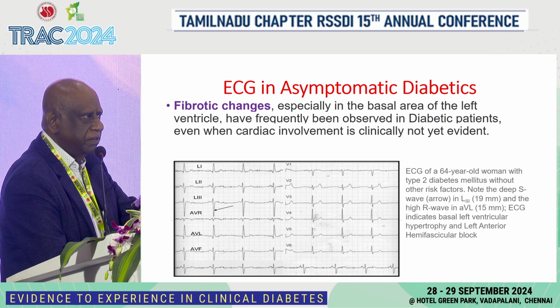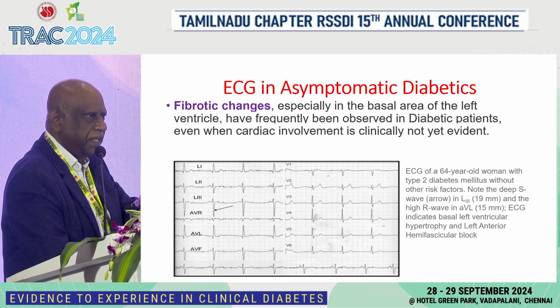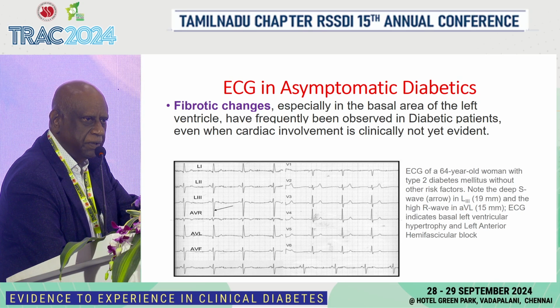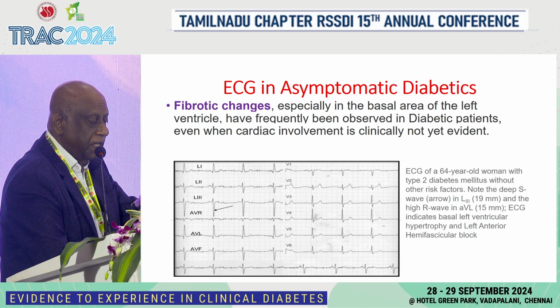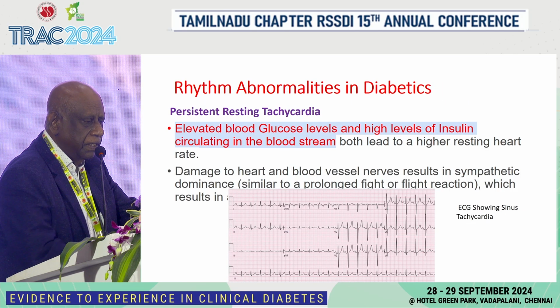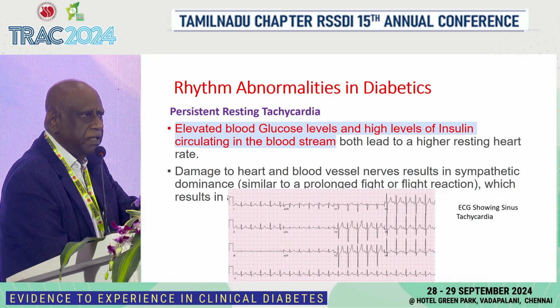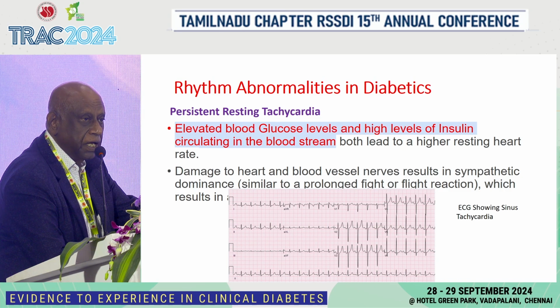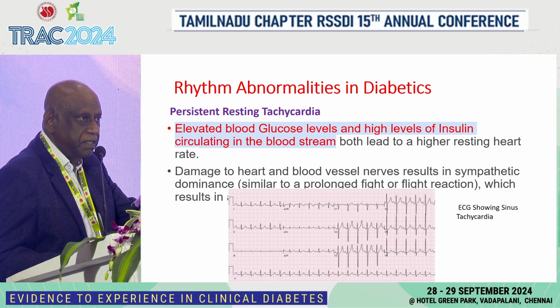In a normal person with diabetes, asymptomatic, take an ECG, there can be a change, which many of us have seen. See this ECG, we are able to see a deep S in lead 3 and an R in lead 1, which indicates a left hemiblock. And this patient is totally asymptomatic. There can be a resting persistent tachycardia compared to a normal person. In diabetic persons it is very common, especially related to high blood glucose and insulin levels, due to insulin resistance. This is not abnormal, need not be treated, is difficult to treat, don't put them on calcium channel blockers or beta blockers.